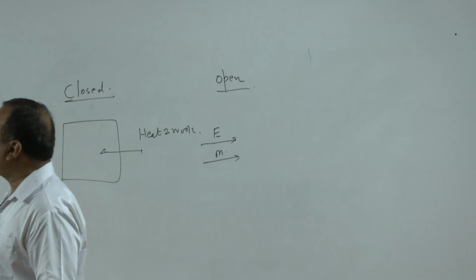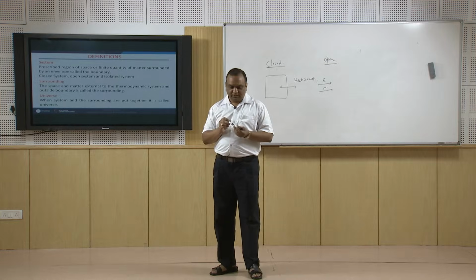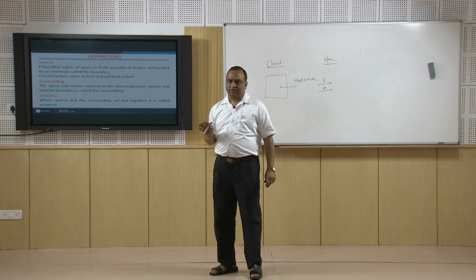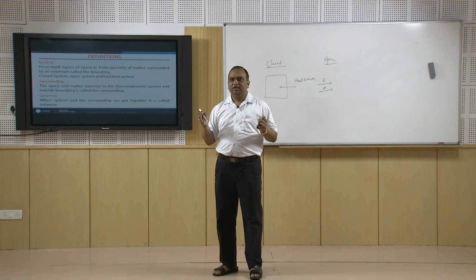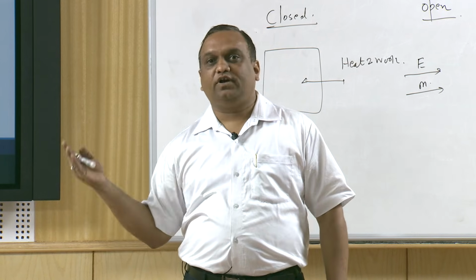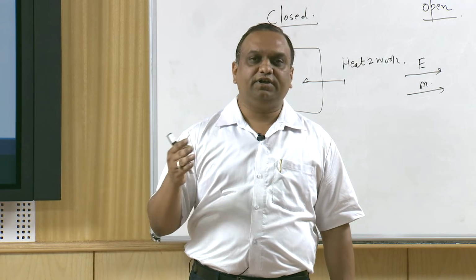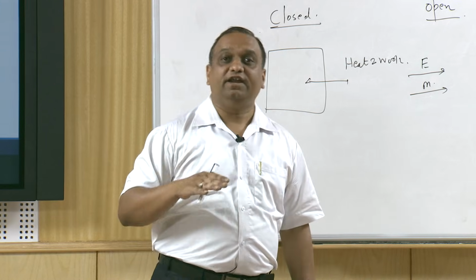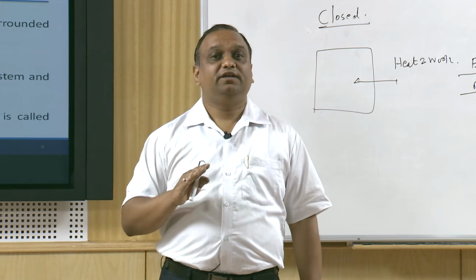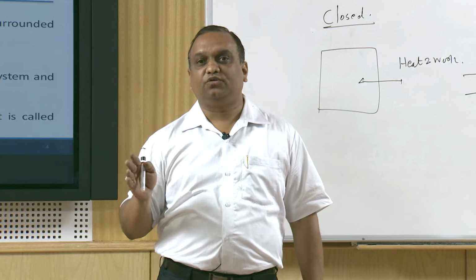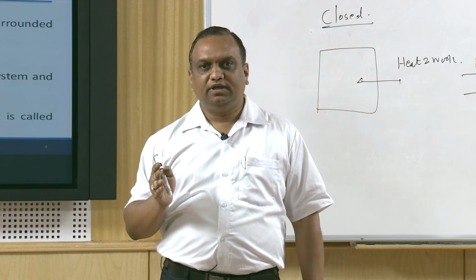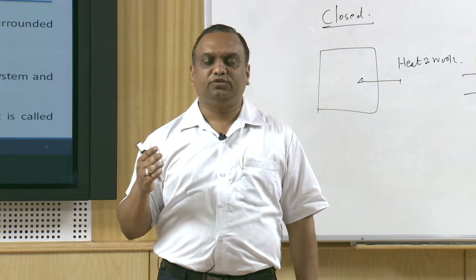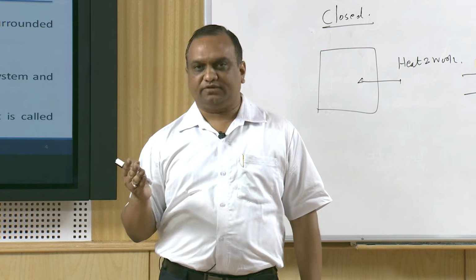Now, the third type of system is the isolated system. In an isolated system, there is no energy transfer and no mass transfer. For example, take this room. If I close all doors and windows of this room, it becomes a closed system. If the outside temperature is high, heat can be transmitted to this room through the walls, so energy interaction is possible, but mass transfer across the room wall is not possible. At the same time, if I open the doors and windows of this room, there will be flow of air across the room through the windows and the room becomes an open system.